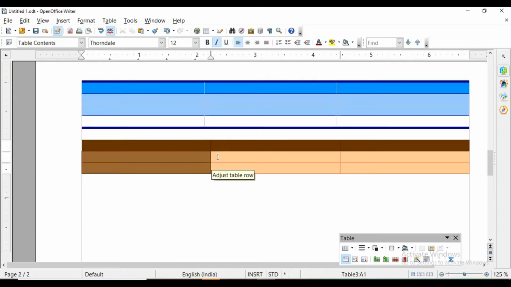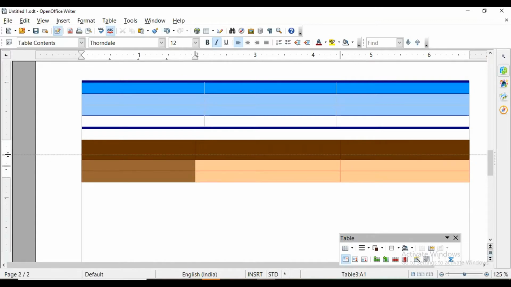Now what you can do with this table: first of all, if you want to decrease or increase the width and height of these rows, at that time you can come between this first and second row, and your cursor will change like this and you can drag it. And from here also you can increase height and width.